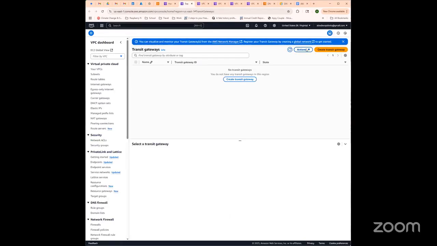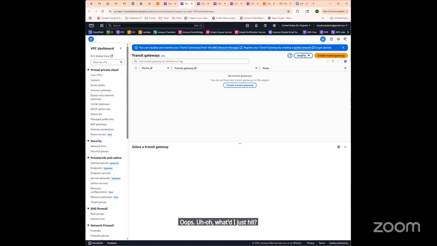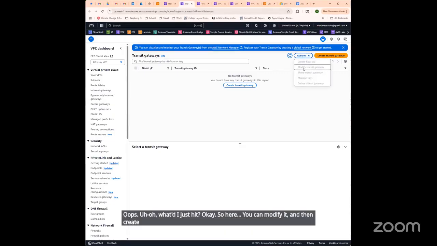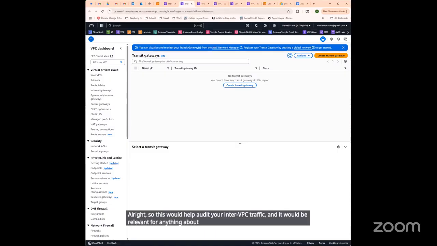Oops. Uh-oh, what did I just hit? Okay. So here, you can modify it and then create a flow log on the created transit gateway. I'm not going to create one because it takes a long time to get it kicking off. All right, so this would help audit your inter-VPC traffic, and it would be relevant for anything about incident detection